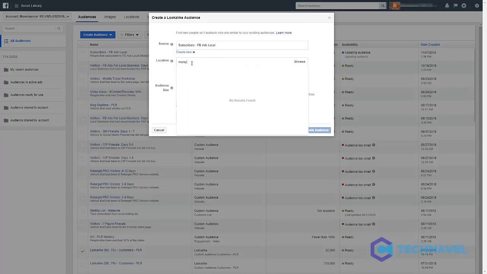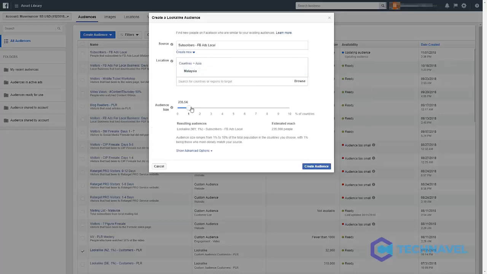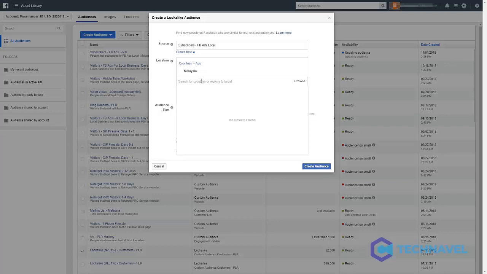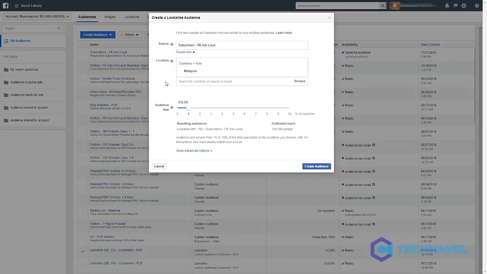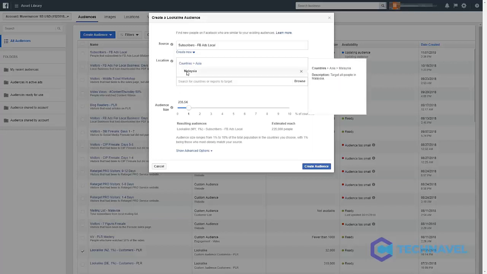So for example, mine, I'm going to have it here in Malaysia because this is a local mailing list and I'll find people similar to that. Although you can find people like that in other countries as well. But right now I'm just going to put Malaysia because for this particular list, I'm having only people within the country. All right. Next time, if you want to find similar people like that in other countries like United States and all that, you can go ahead, but I recommend you just put one country over here and no more